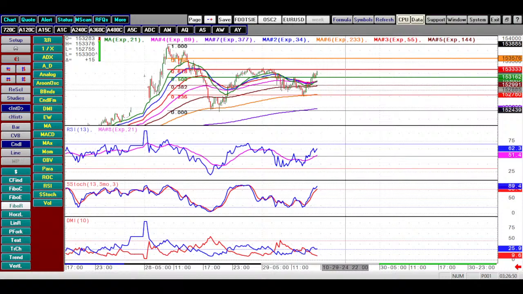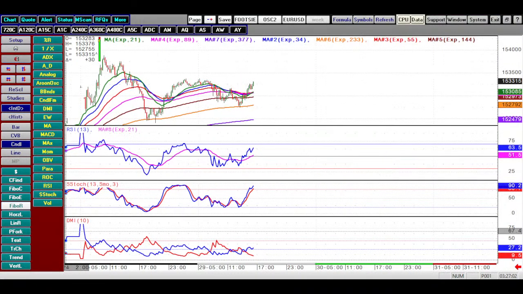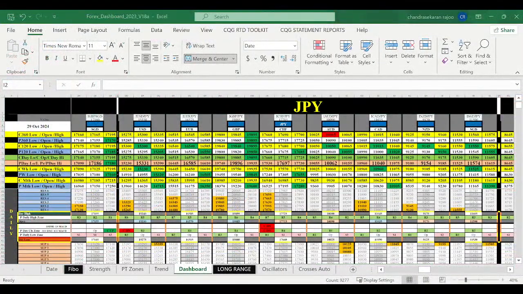Okay, so this is the next cross which we can look into. Let's see any yen crosses. Then after that we look for any other opportunities. So this would be more or less our style. That means we will be trying to do gold, yen, then followed by other crosses. So now when we look into the yen crosses,